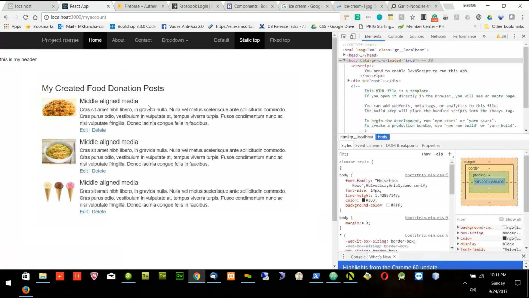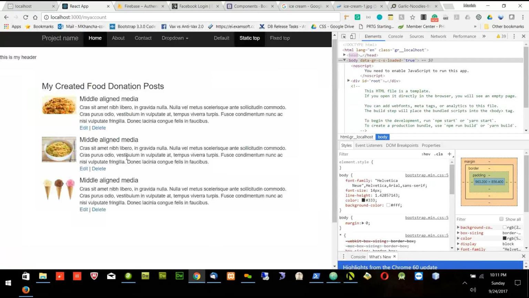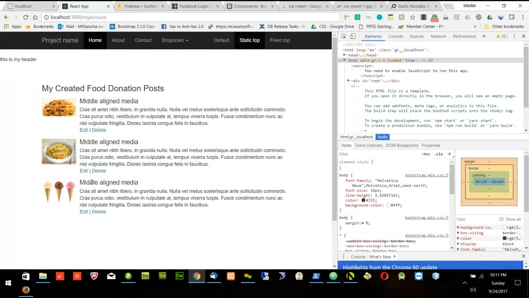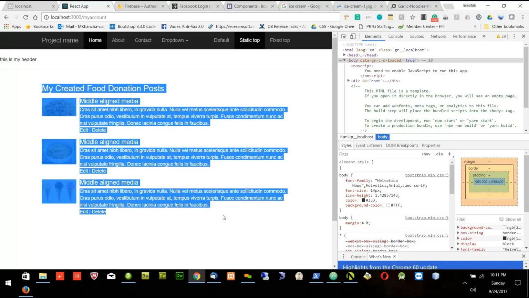Okay, so this one is my post. I can edit it and go to that page, and I can delete it, and I'll go to the delete page, and then I'll delete it. Okay. So this one is all about